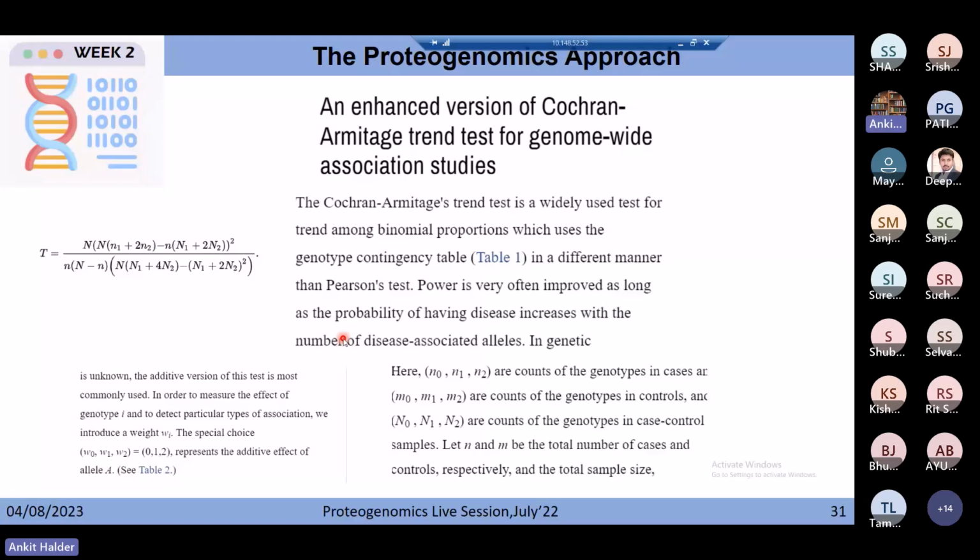It generally considers that the effects are additive. For example, when you try to find out the counts of the genotypes, it gives you the weightage. In order to measure the effect of genotype i, a weightage wi is given for the particular gene, and it represents the additive effect of those particular alleles. So it also considers